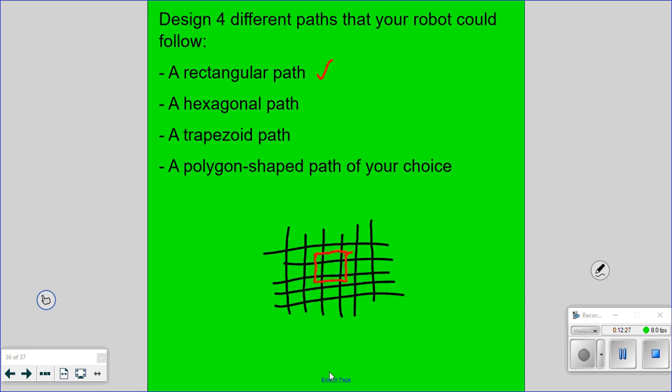Done. Now I need a hexagonal path. Still has to be a perimeter of. How do you make this? So if you're doing diagonal, you just have to make sure your corners touch like that. Okay? So far so good? What if you have to miss the corner by a bit? The corners gotta touch. Yes. Yep. Alright, so when you get your paper, please put your name